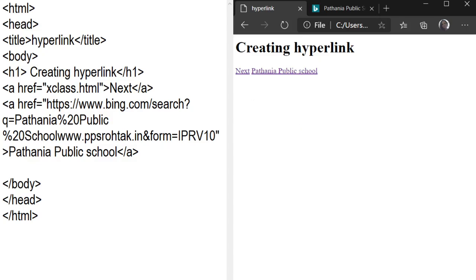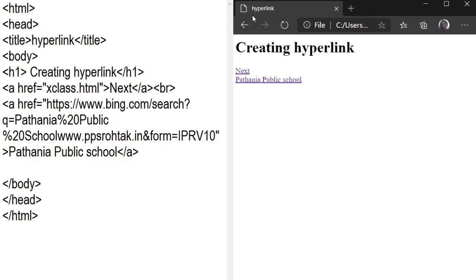We can give the br tag between these two hyperlinks so we see the differences clearly. This is the first hyperlink, next, and this is the second, Patania public school with your website link. You can see this link is shown only in the same tab. Only one tab is here.